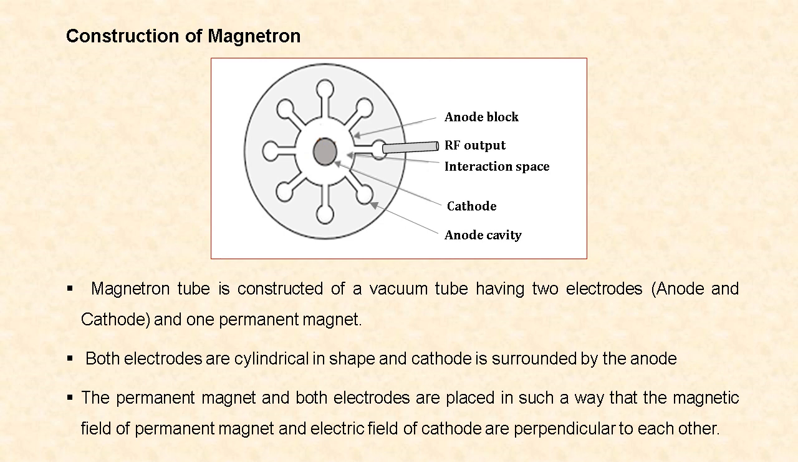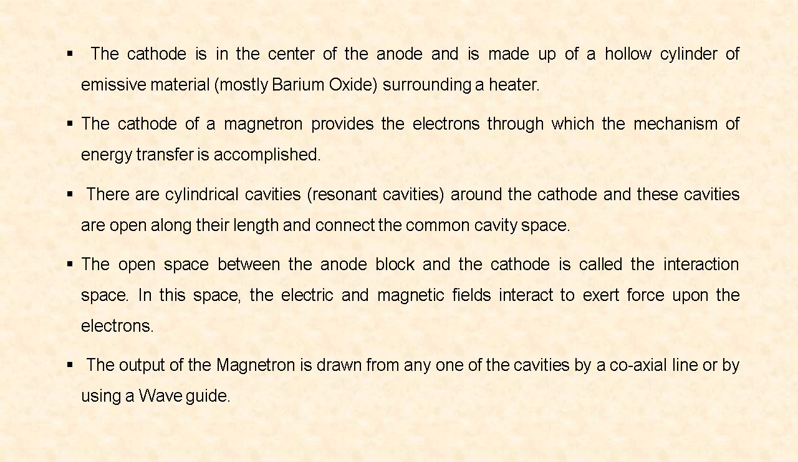Here the permanent magnet and both the electrodes are placed in such a way that the magnetic field of the permanent magnet is perpendicular to the electric field by the cathode. The output can be taken from the anode cavity by using a coaxial cable or waveguide. The cathode is in the center of the anode and it is made of a hollow cylinder made of emissive material. Mostly barium oxide is used as emissive material, and this cathode is surrounded by a heater to heat the